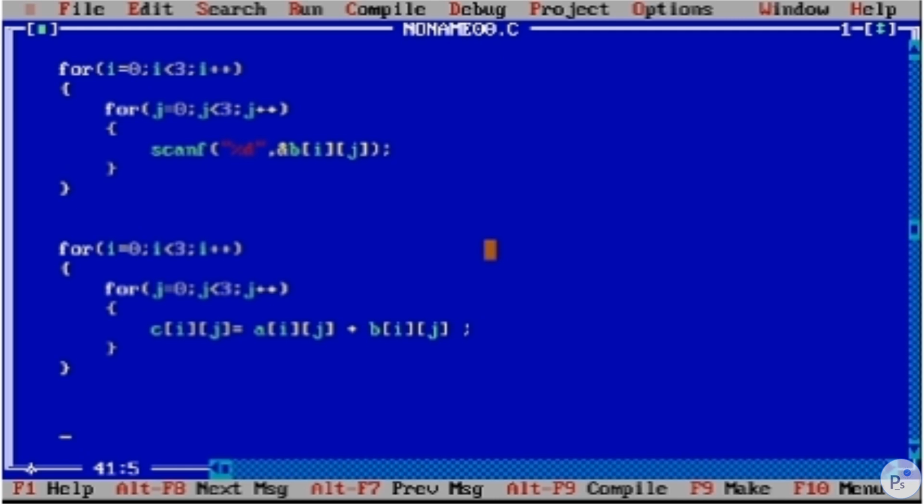Let me just complete the code. So we will print out that our matrix operation has been done. So addition of matrix is, backslash n for the new line.